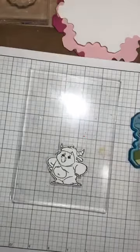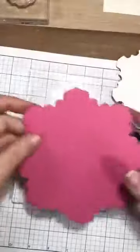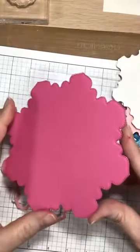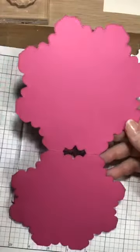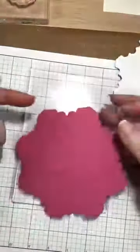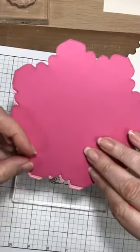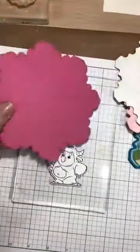So I have made the actual card base out of, this is one of the dies that I designed previously. It's no longer available because it's too old, but I really love the shape of it. And I used the darker pink as the frame, and I simply, on the score line, did not cut. Put them above the score line, and it doesn't cut them. So that's how I made the frame. And then in the lighter pink,